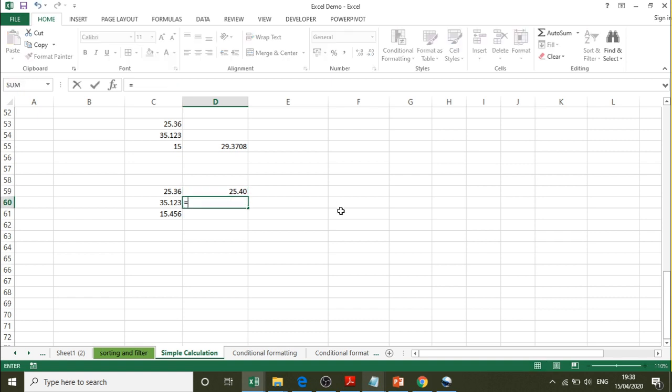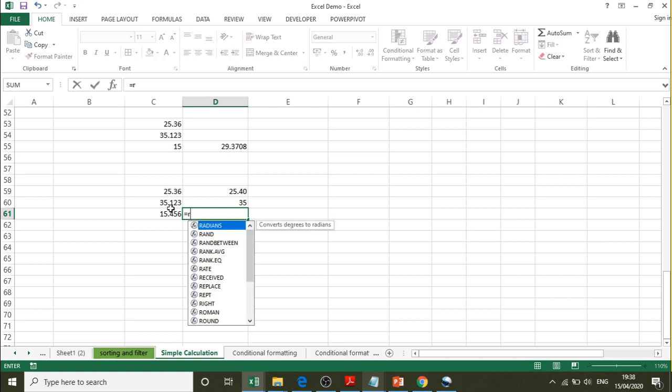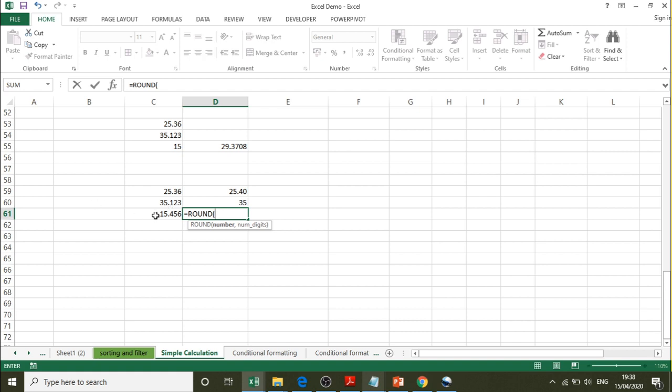Similarly I will do it here also, round, the decimal value, comma, I will use 1. If I use 0, it will remove the complete decimal values, you see. Here also I can use round, the number, comma, number of digits I want after the decimal point. Say if I give 1, this is the result I am going to get, that is 15.5. So this is how the decimal point can be updated or removed using the round function, and that's why the round function is very important in Excel.